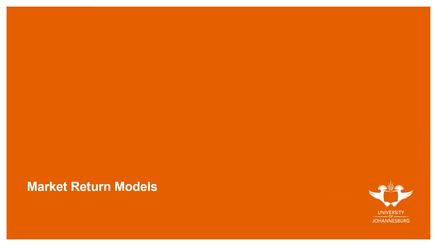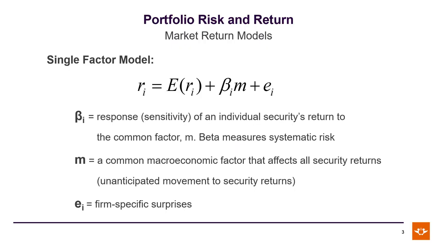So now we're going to move on to market return models. These are various models that are available to help us with the calculation of returns for the various asset classes. The most common one, and the one we will talk about in detail a little later on, is the capital asset pricing model. We're going to start by looking at a single factor model where the return is going to be dependent on a single macroeconomic factor, M, that affects all security returns,